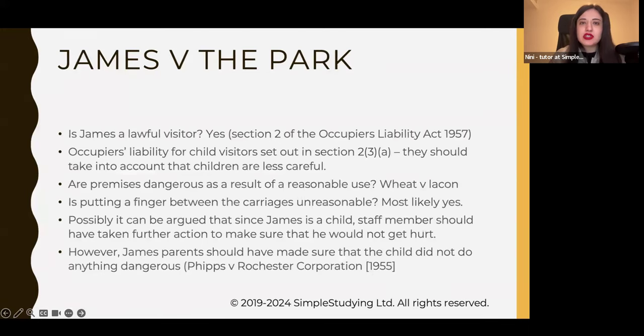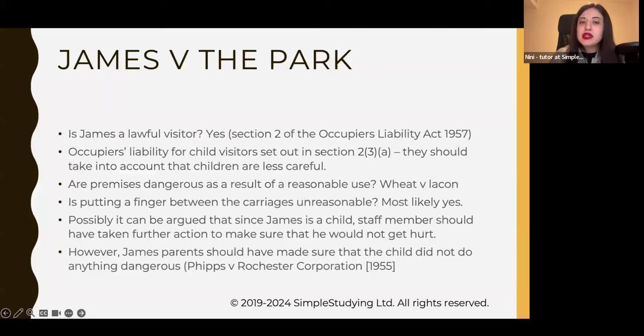According to the IRAC structure, you would first state that the legal issue in this case is to analyze if James is a lawful visitor. That's the issue. The rule would be to explain what Section 2 of the Occupiers' Liability Act 1957 says. The application would